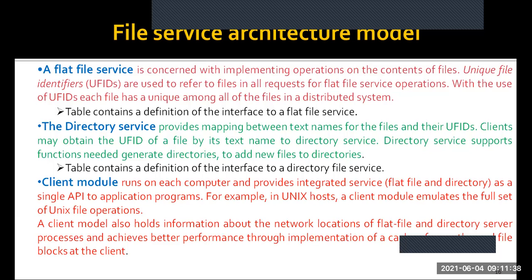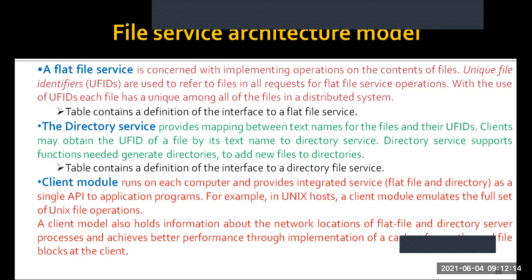The responsibility of maintaining a replica in the cache of the files that are frequently accessed also belongs to the client module, so that there is no need to approach the server each and every time if it is a frequently requested copy. If we use a copy of a file frequently, maintaining it in the cache is also the responsibility of the client module. So instead of requesting the server every time, if the copy is available in the buffer or the cache, then you are going to use that particular copy until and unless it has been updated on the server.